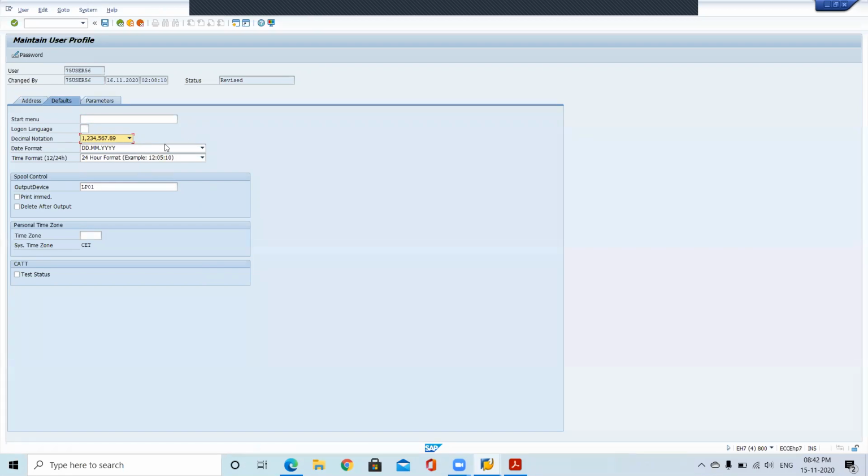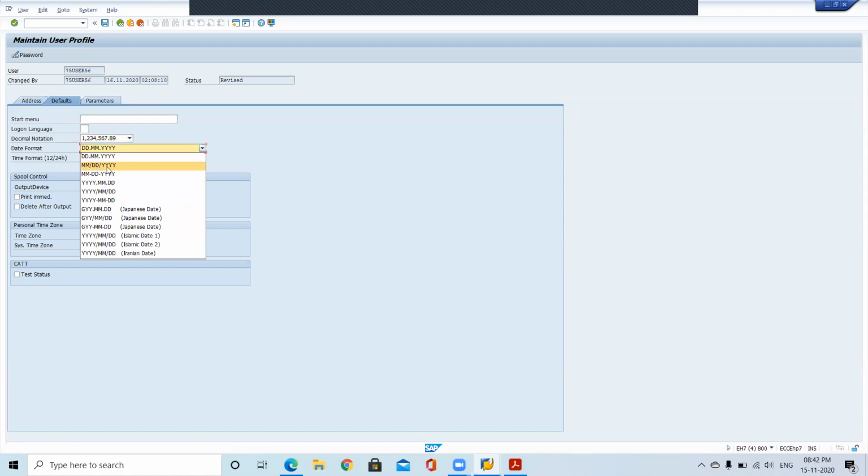At the same time, the date format is DDMMYY. Maybe if they are from the US, they can change the format, like making the month first, then the day, then the year. This format is specific to your user. Even if you modify it here, it is not reflected to others. It is only for you.